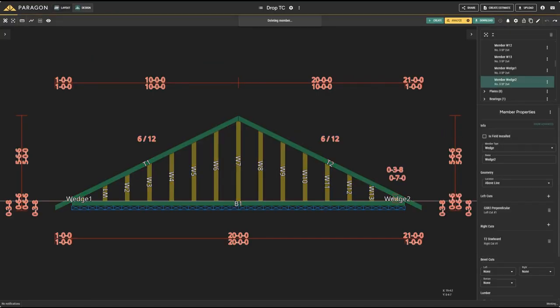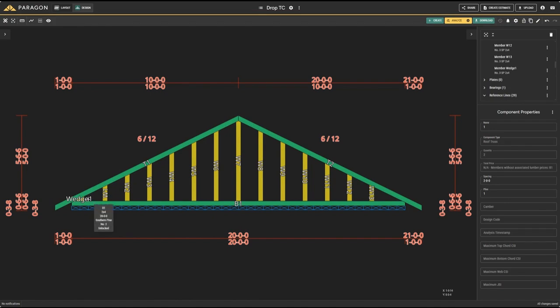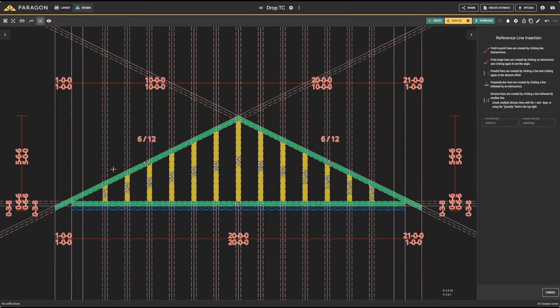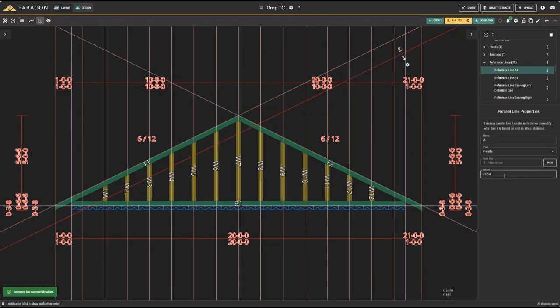Let's remove the wedges to get them out of our way. We'll demonstrate 2 different methods. The first method will make use of a reference line to represent the bottom of the 2 by 6 outrigger framing. Create the reference line and then change the offset from the properties. We'll create a new member,